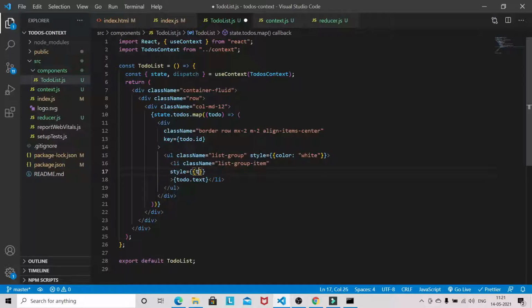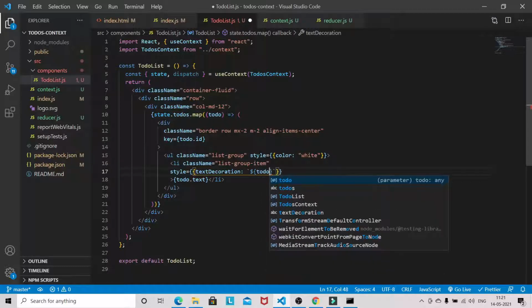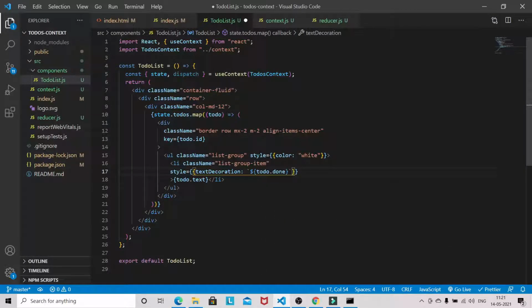So first text decoration. So the text decoration is something like if to-do dot done, then we'll be showing line-through, and this will be here. Else it will be none.